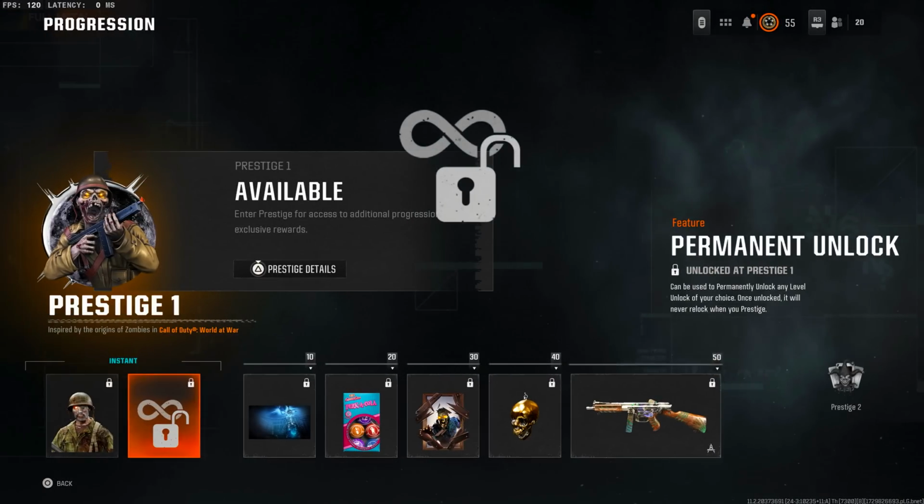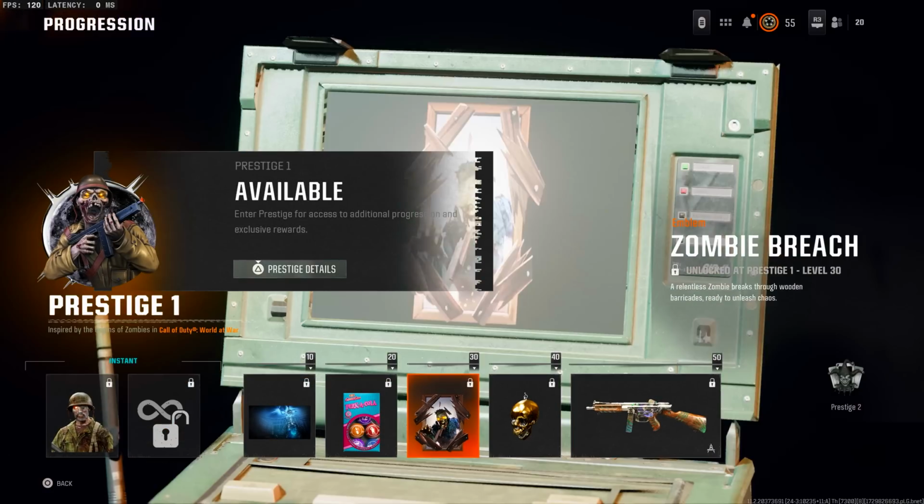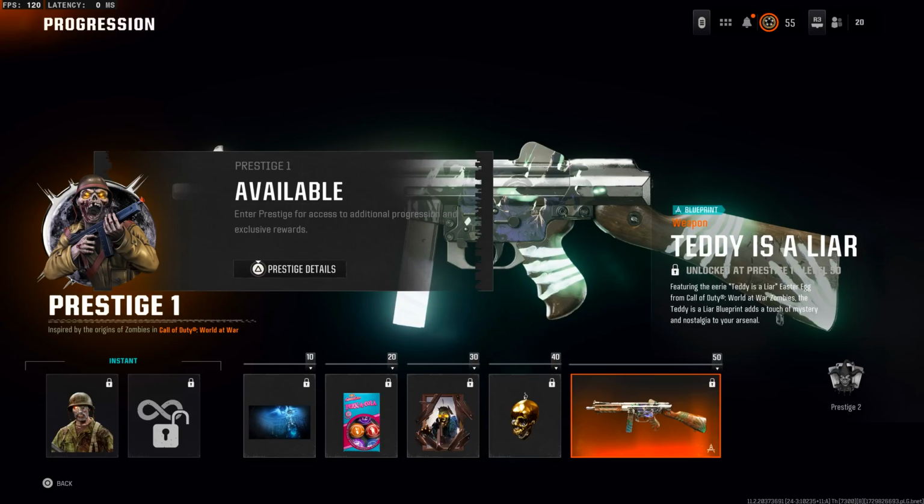So take that into consideration when deciding what you're going to permanently unlock, because maybe there's things coming in the leveling track alone, like prestige rewards, that might unlock this for you sooner rather than later. Like at Prestige 1, level 50, you get the Teddy as a Liar C9 blueprint. So while that's an example of a blueprint that's a default weapon, the C9 is your base SMG, it also